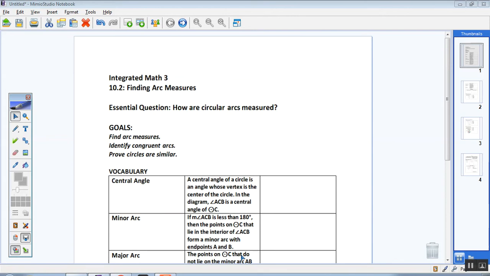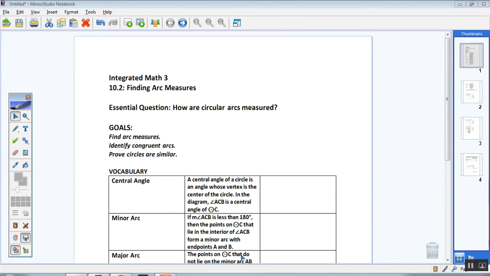Question today. How many want to read that? Who wants that first today? How are circular arcs measured? Okay, so we're going to have to figure out what an arc is first, but our goal is to answer that question. We're going to find arc measures, we're going to identify congruent arcs, and we're going to say that